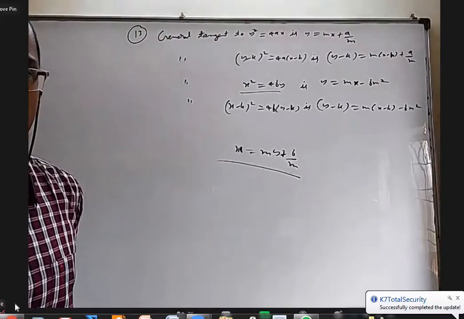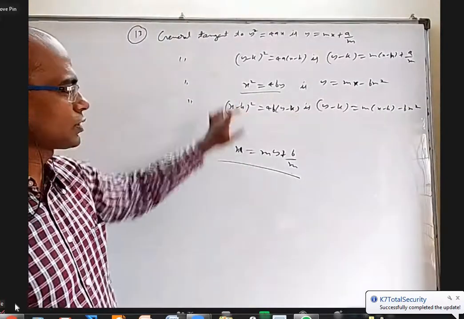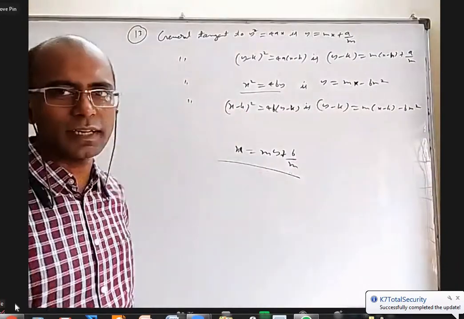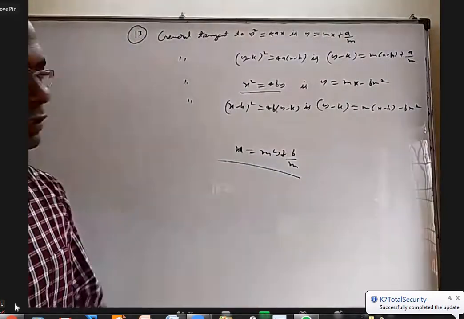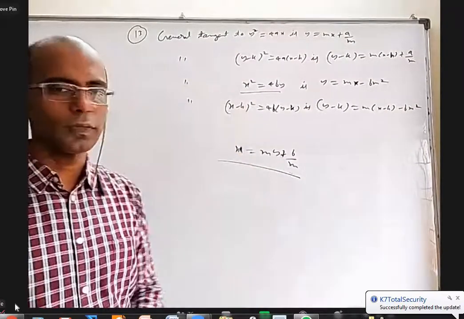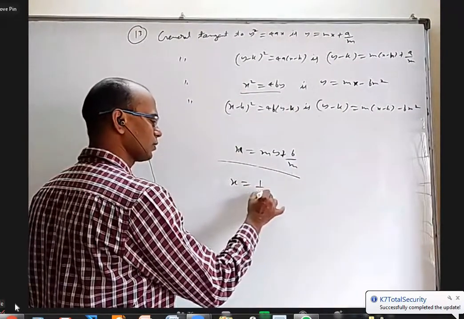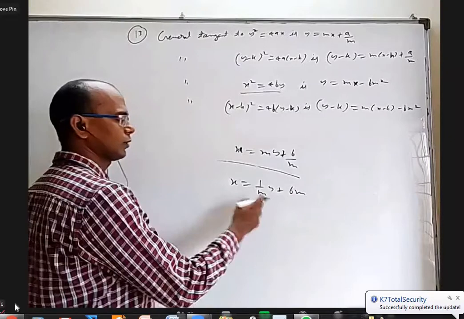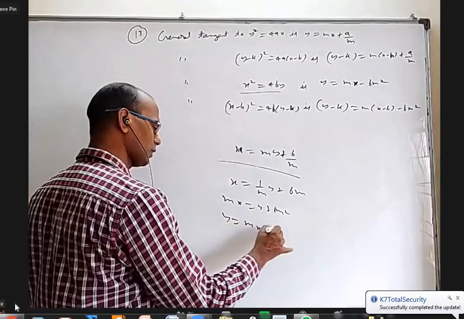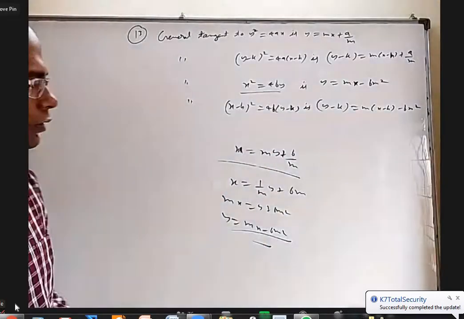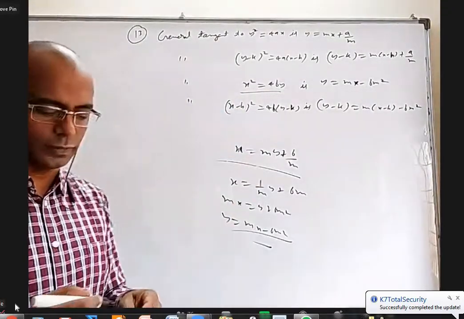Okay, but I did not write that here. I wrote something else. You know why? This is always tangent to this, no doubt. But what is the slope of this line? Is it m? No, it is 1 by m. So this is tangent to this, but its slope is not m. It is 1 by m. If you replace m with 1 by m, you'll get that formula only. Wherever m is there, you write 1 by m. It will become bm. Multiply m: mx equal to y plus bm square. Bring this side: y equal to mx minus bm square. Same equation, right? The reason we did not write it is, even though it is correct, whatever m you take is tangent to this, but m is not the slope of this line. That's the problem.